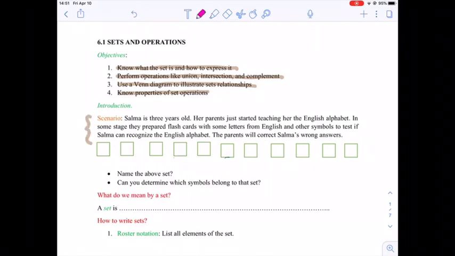So let's start with the following scenario. Selma is 3 years old. Her parents just started teaching her the English alphabet. At some stage they prepared flashcards with some letters from English and other symbols to test if Selma can recognize the English alphabet. The parents will correct Selma's wrong answers. So, for example, the first card may have the letter A on it, here B, here $,